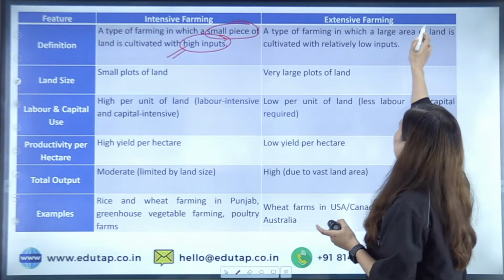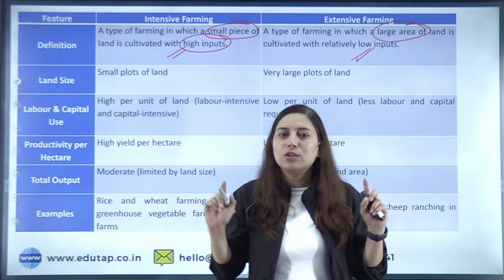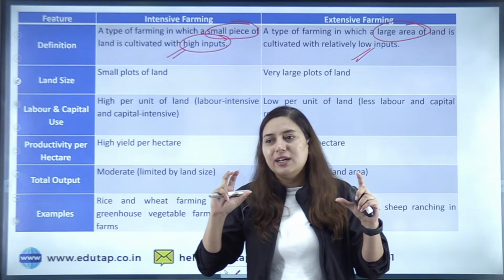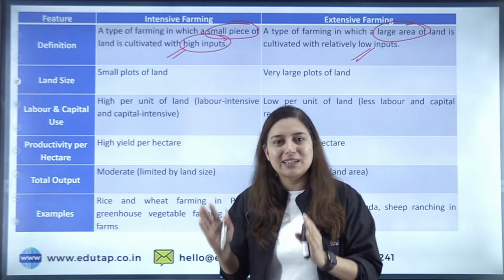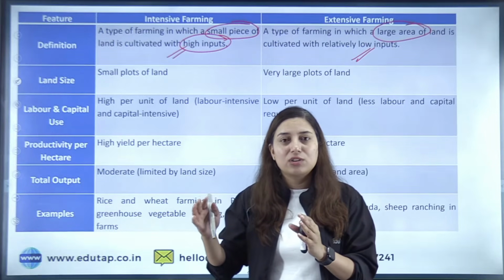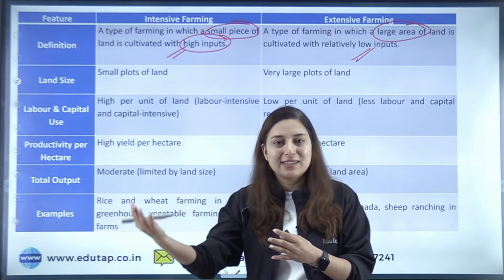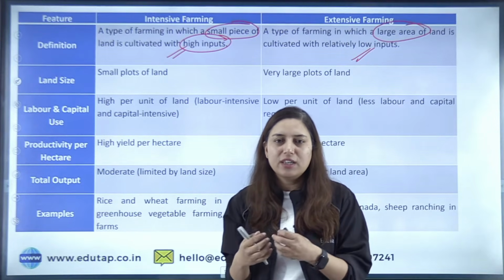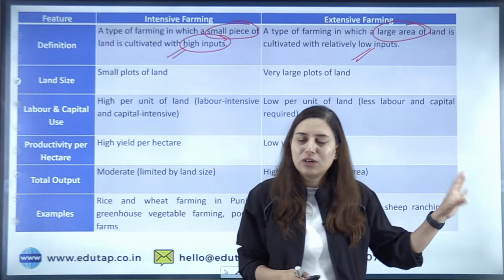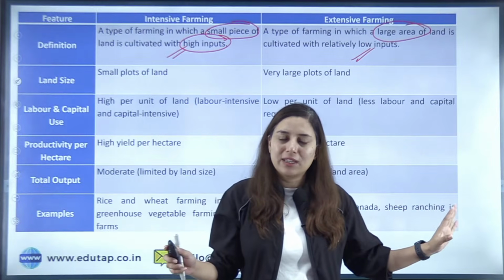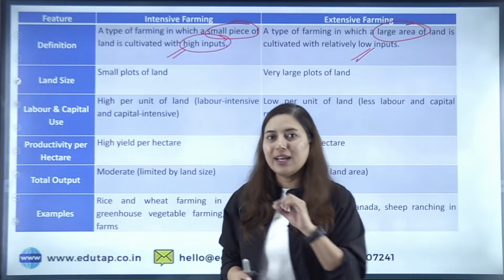ठीक है, एक्सटेंसिव फार्मिंग क्या होता है? उसका उल्टा, कि आपने लार्ज एरिया पे रिलेटिवली लो इनपुट से क्रॉप प्रोडक्शन किए। ठीक है, अब इन दोनों सिनेरियो को समझेंगे with the example of urban farming and rural farming. देखो, अर्बन फार्मिंग में क्या होता है कि लैंड is limited, राइट। अर्बन फार्मिंग में क्या होता है कि जो फार्मर्स अर्बन एरियाज में रहते हैं उनको अच्छे प्राइसेस मिलते हैं प्रोडक्ट अपनी क्रॉप्स के, तो वो क्या चाहते हैं? ज़्यादा से ज़्यादा प्रोडक्शन चाहते हैं, राइट। बट अगर यही हम रूरल फार्मिंग को देखें, रूरल एरियाज में लैंड बहुत है but input कम है, right. So that will be called as extensive farming. वो एक्सटेंसिव फार्मिंग में आ जाता है।